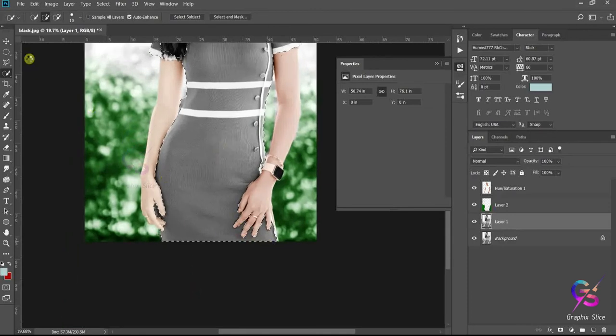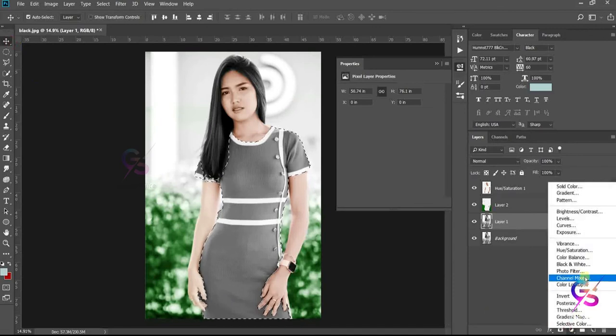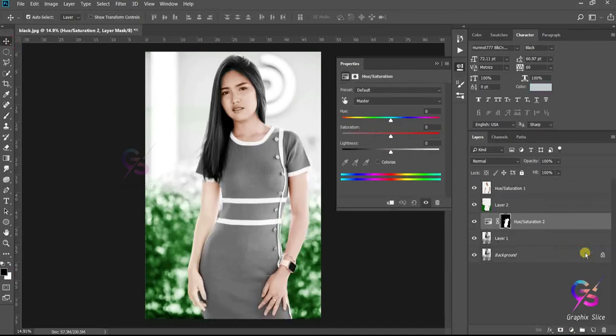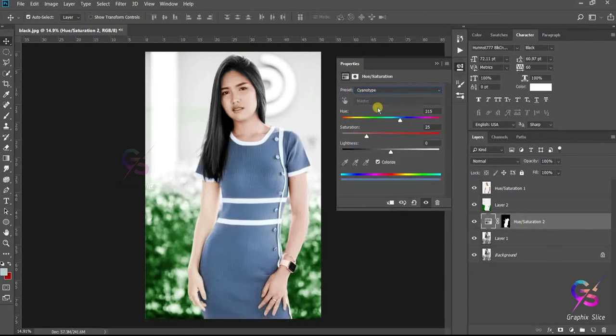So like this we selected the dress color portion. Next I'm going to add a hue saturation mask for this. By using the hue saturation layer, here we have different types of presets. See here, you can change the preset options, or else use any preset. Say I'm using this preset and I'm going to change the color